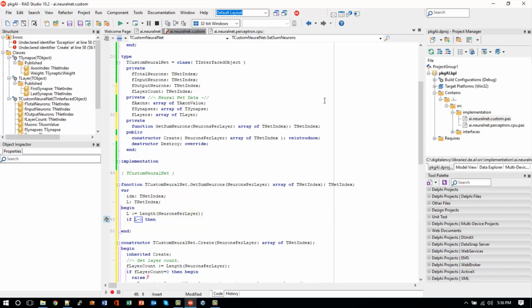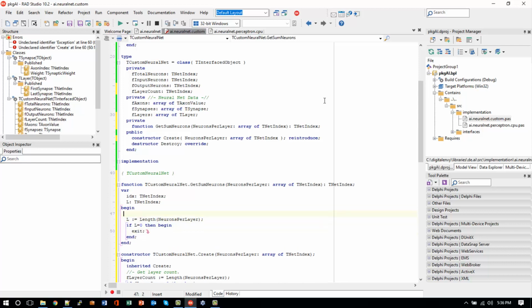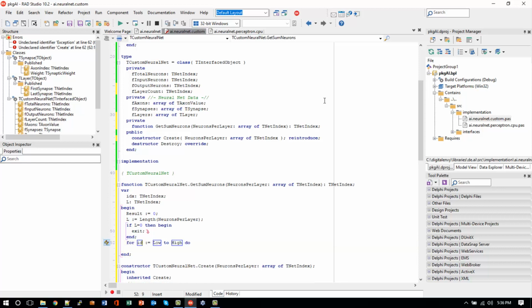If L is equal to 0, then begin exit. So we're going to set our initial result to 0, and if we pass in an array with no layers, then we'll just bomb out returning 0 as a result. Then we'll do a for idx from 0 to pred L, which is our layer count, begin,